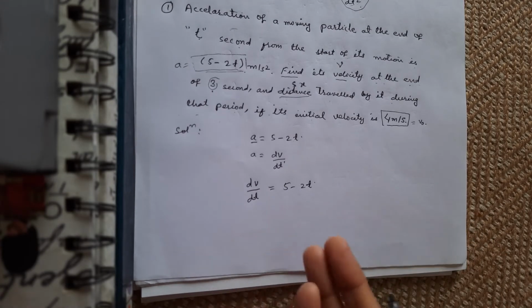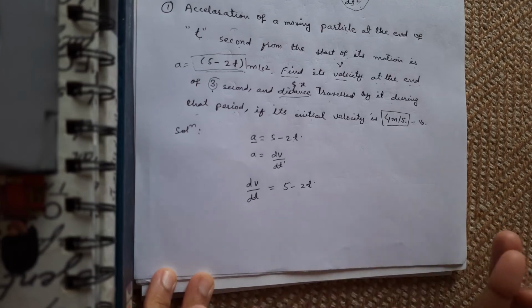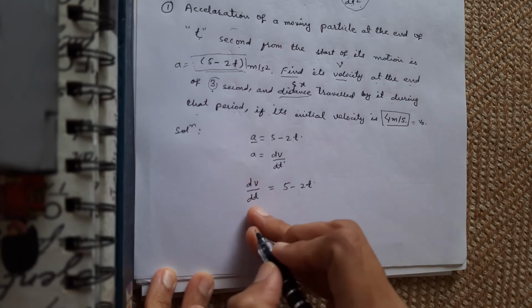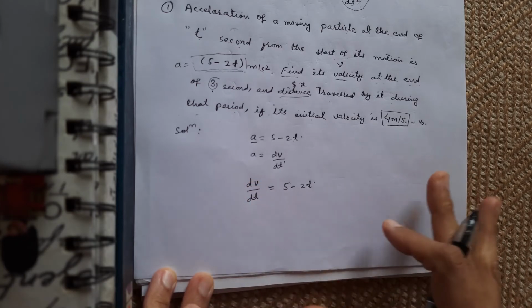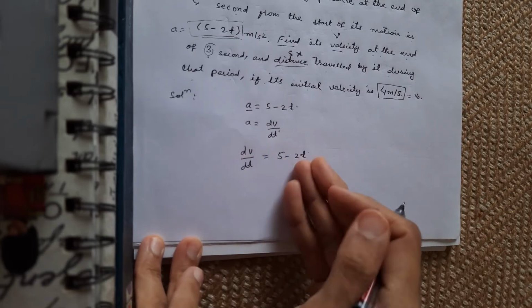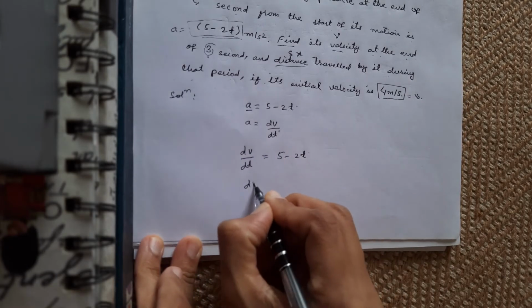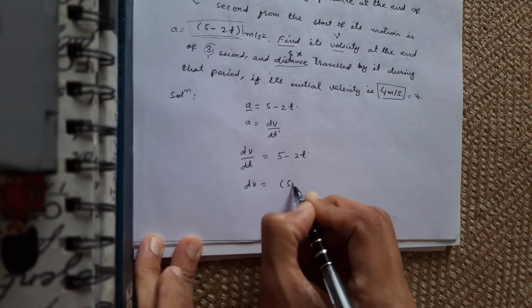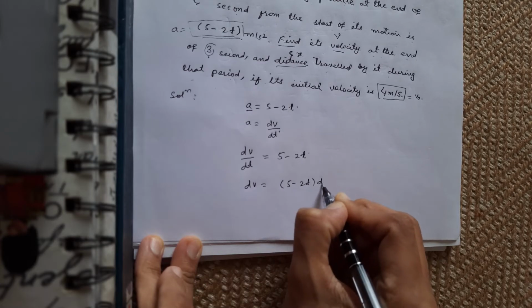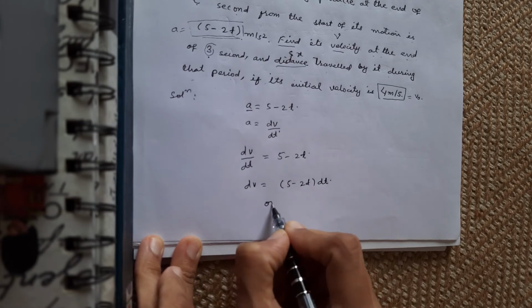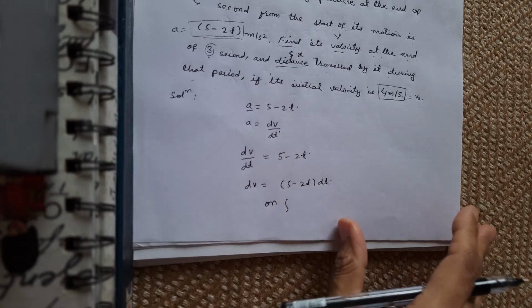So this is the differential equation. I found dv upon dt equals to 5 minus 2t. Now it is a variable separable form clearly, so I am just separating the variable, 5 minus 2t into dt, right? Now on integrating I'll get